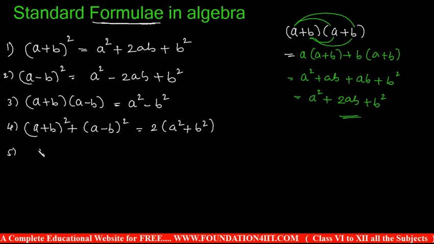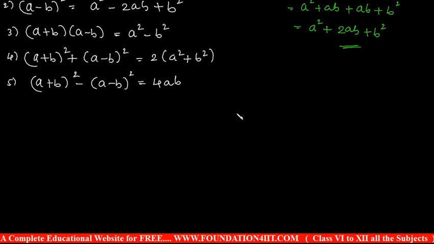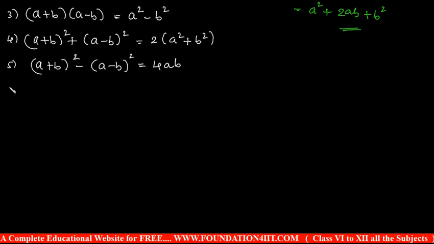Similarly, subtraction: (a + b) whole square minus (a - b) whole square. First formula minus second, if you do LHS and RHS separately, some terms will get cancelled, then we'll get 4ab. We need to remember those, because to solve math problems very fast, we need to remember this. And the sixth one, this has three variables, (a + b + c) whole square.